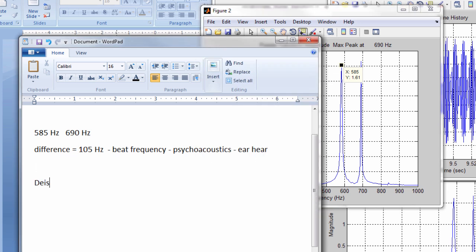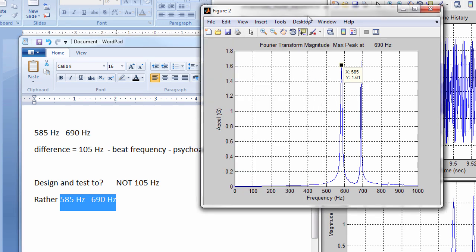So what do we design and test to? For engineering purposes, not 105 hertz. We do not design and test to that. Rather, we design and test to these two frequencies. So our avionics equipment, or whatever equipment we might have, our test article, however you want to describe your component, your subsystem, your system, your assembly, your subassembly, if it were to be mounted on this,